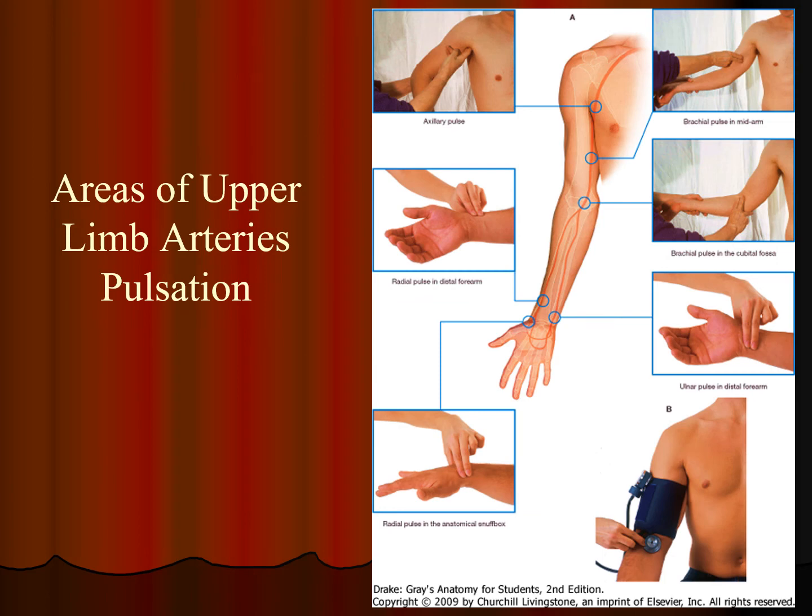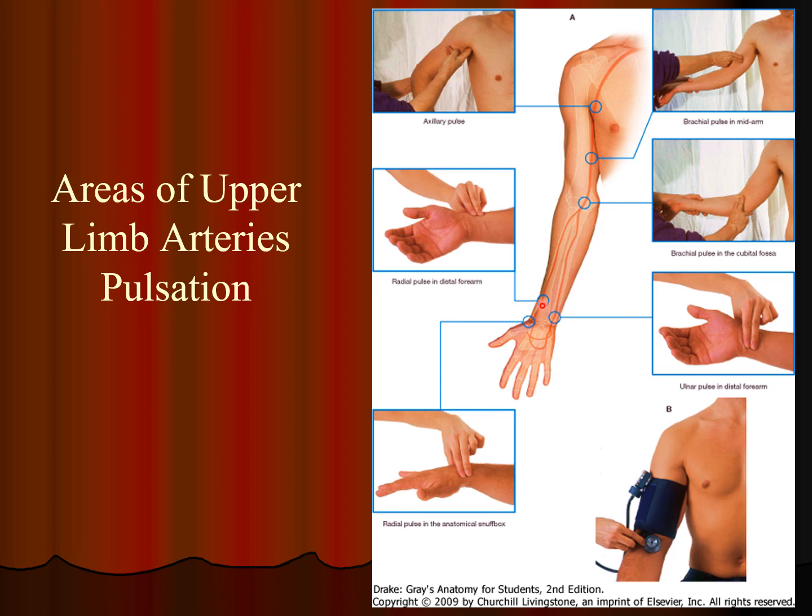And this is the last slide, which shows that in the axilla we can palpate the axillary artery or axillary pulse. At the mid-arm we can palpate the brachial artery. Then at the elbow we can palpate the brachial artery just medial to the tendon of biceps brachii. In relation to biceps brachii, on the lateral side at the wrist we palpate the radial artery, and on the medial side we palpate the ulnar artery. The most common area of pulsation is the radial artery because it is superficial and against the bone, so it is easier to palpate as compared to the other branches.